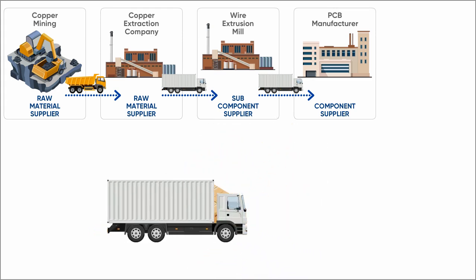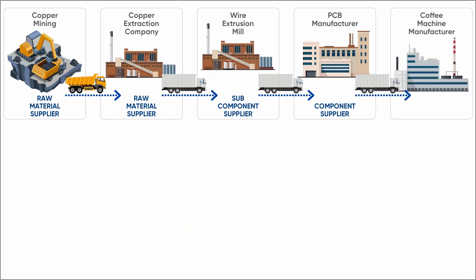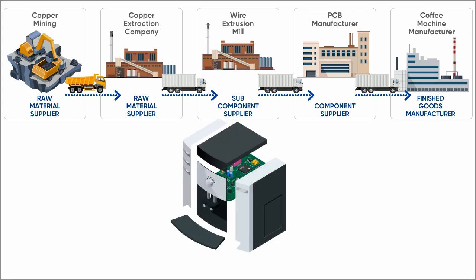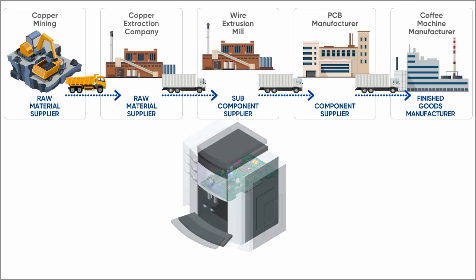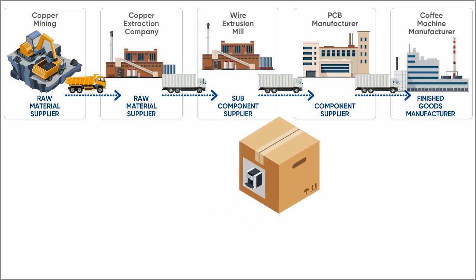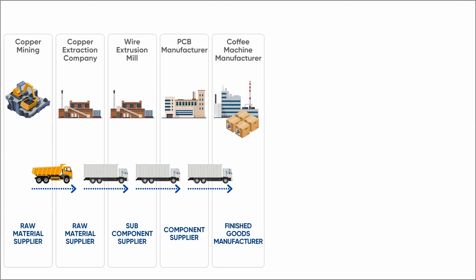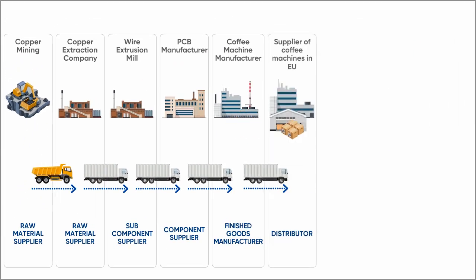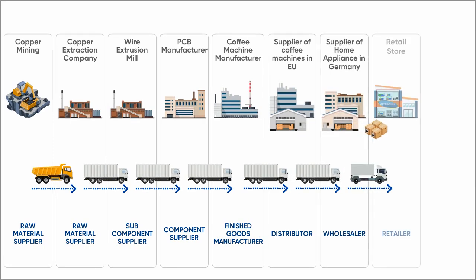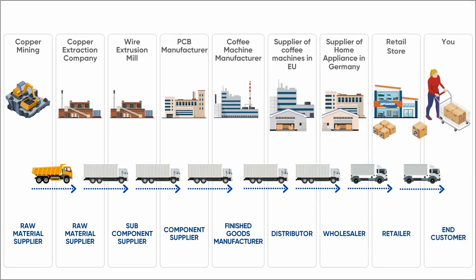The PCBs were then transported to the company that made the coffee machine, called the finished goods manufacturer, where they joined hundreds of other parts, called components, that were fitted onto the coffee machines in a manufacturing process called final assembly. These coffee machines were then transported to warehouses around the world, from where they were shipped to individual retailers by companies called distributors to be sold to end customers, such as yourself,